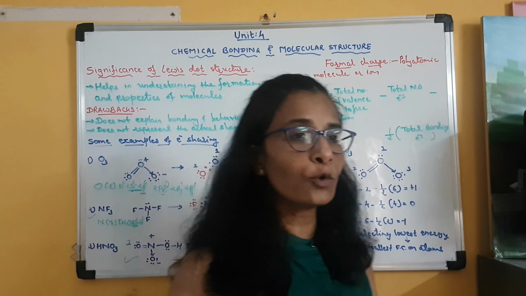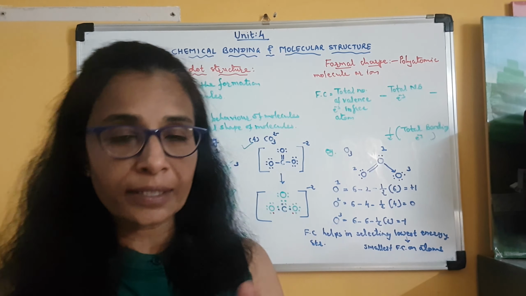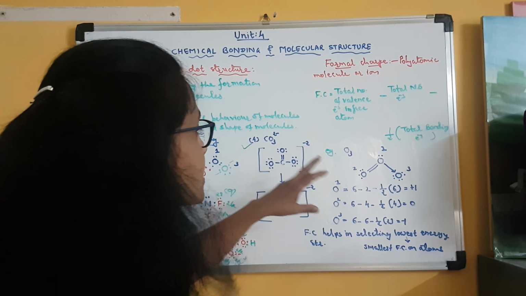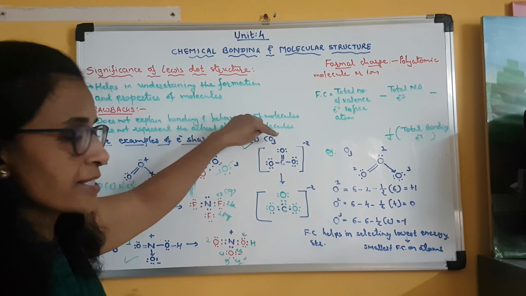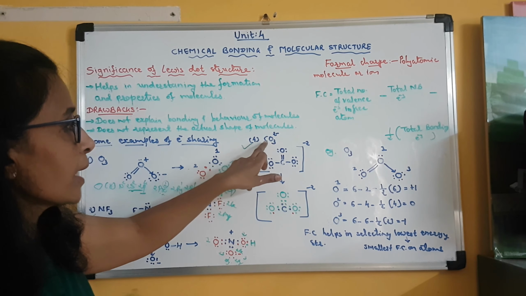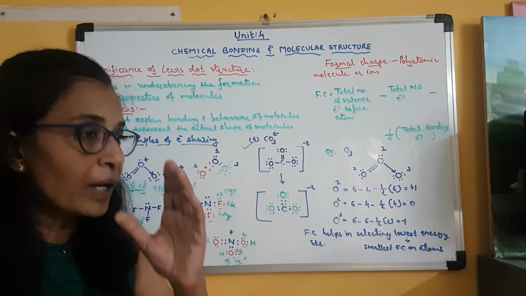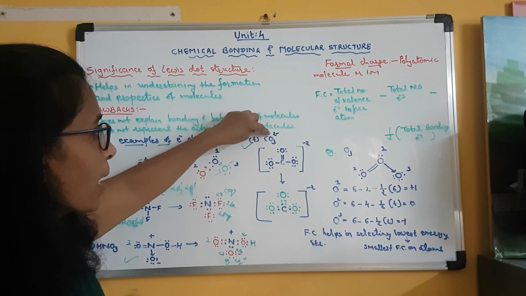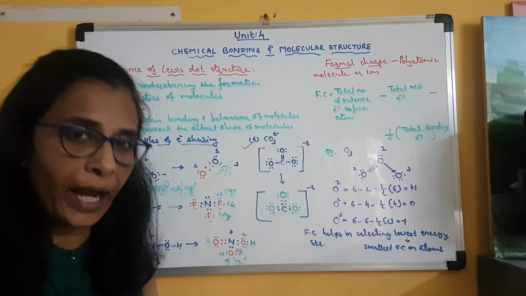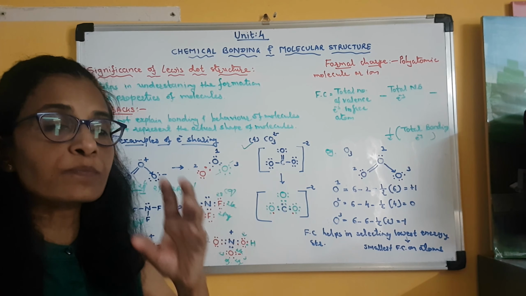Carbonate ion, see, a Lewis dot structure is not only for atoms or molecules. It can also be drawn for ions. Clear? Now in polyatomic ions, the charge which we write is the charge possessed by the ion as a whole and not by an individual atom. Clear? In carbonate ion, there is one carbon and 3 oxygen atoms, means total there are 4 atoms. But when we write carbonate ion, then the -2 charge is written as a whole. Clear? It is not for any individual atom. Clear? But when we go for the Lewis dot structure, then the picture becomes more clear.